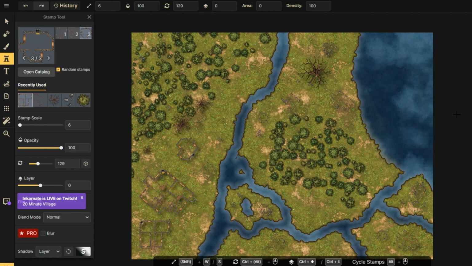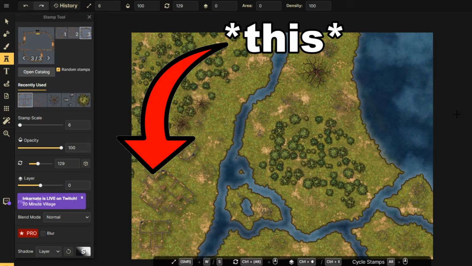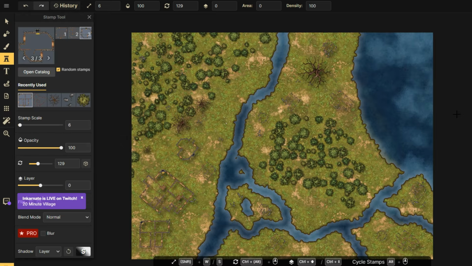Alright, hello, and in today's video, I'm going to be showing you how you could make maps like this. I'm going to be showing you step by step, every step of the way, how everything is done, and honestly,